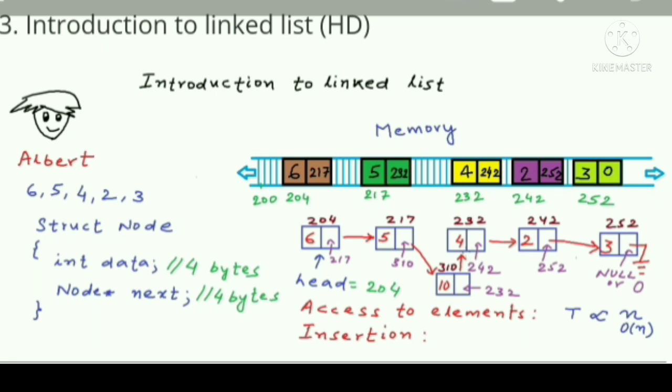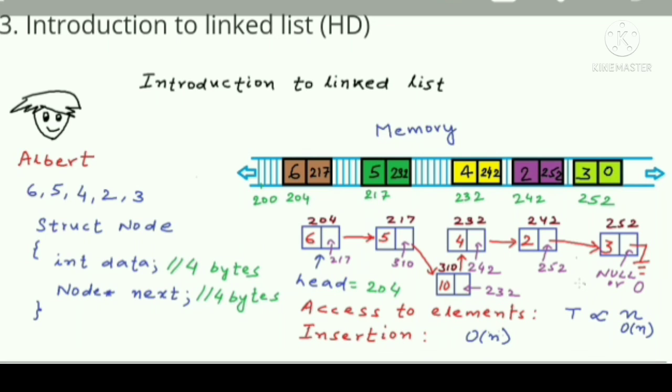Now to insert also, we will have to traverse the list and go to that particular position, and so this will be big O of n again in terms of time complexity. The only thing is that the insertion will be a simple operation. We will not have to do all the shifts as we had to do in an array. To insert something in between, we had to shift all the elements by one position towards higher indices. Similarly, to delete something from this list will also be O(n).